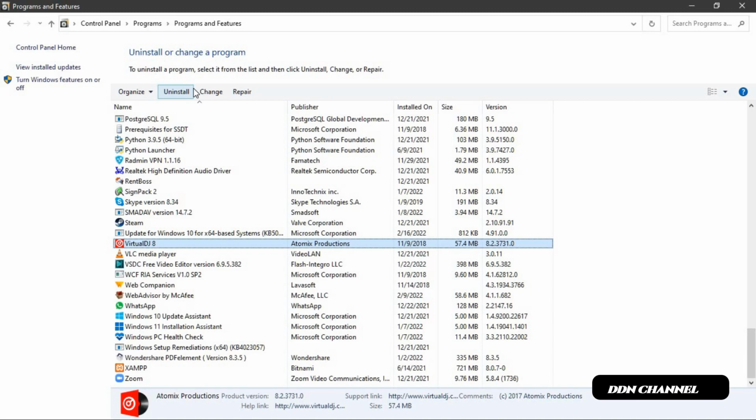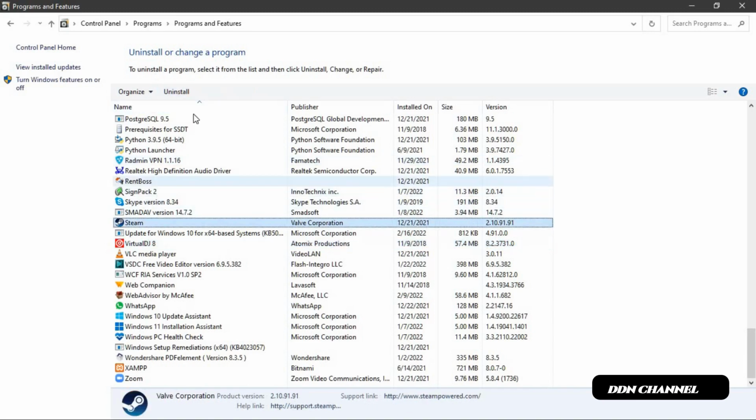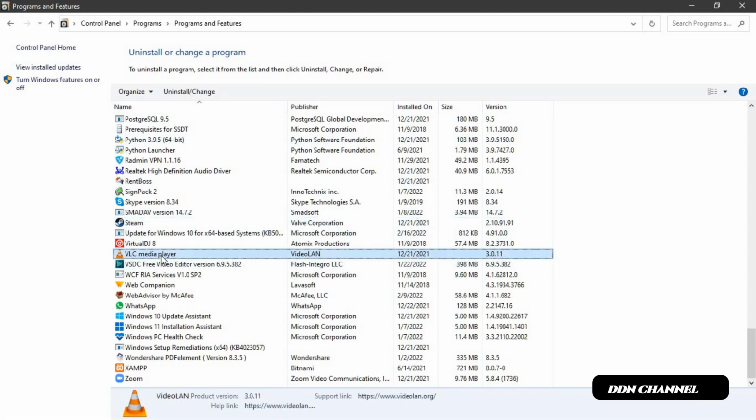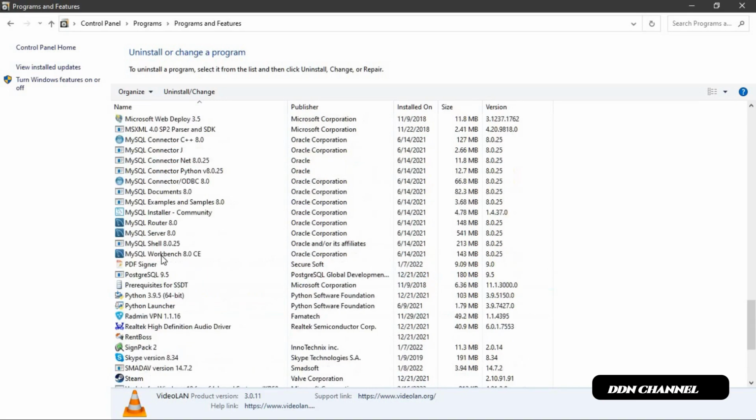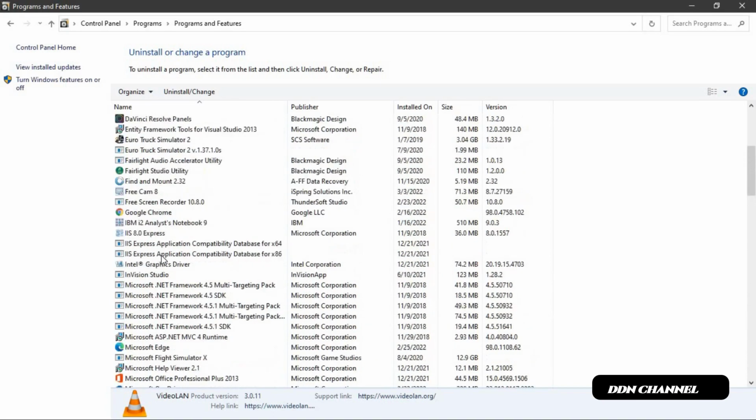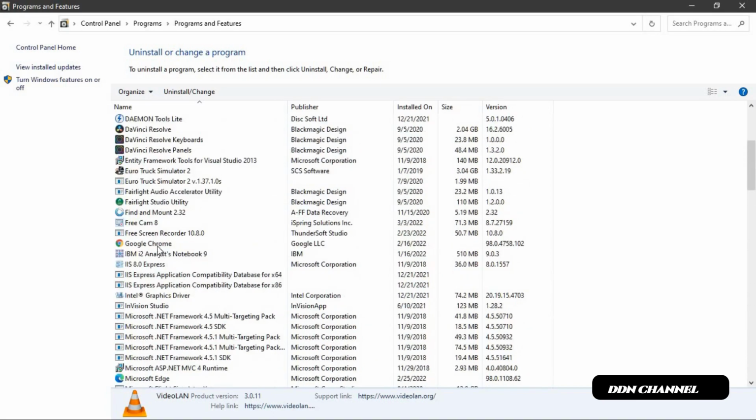All right, now softwares differ from point to point. When I click on Steam, you can see that we have only one option, which is uninstall. If I click on the VLC media player, you'll see I have uninstall or change. All right, so they differ from point to point in terms of features. All right, but let's go ahead and uninstall one of the programs, which is Free Screen Recorder